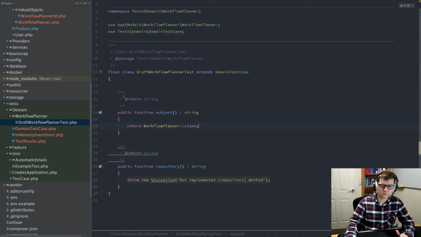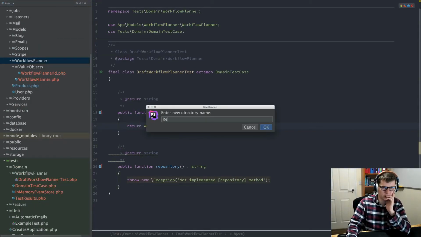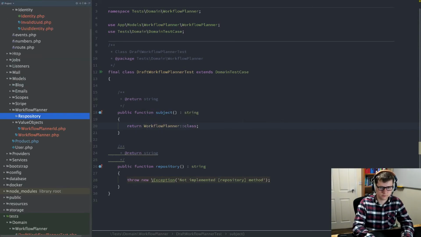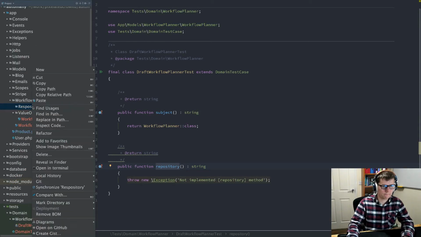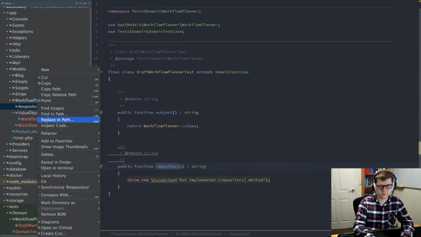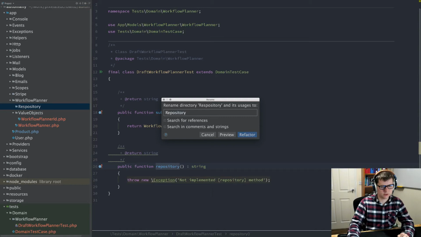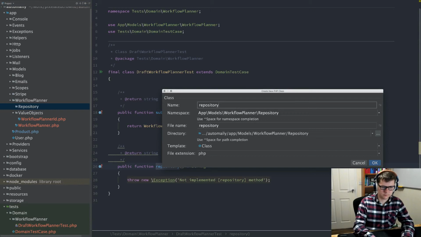Okay, so we need the repository as well. Okay, this requires making a little bit more code as well. Repository. Oh, I've only gone to that in the wrong place, haven't I? Oh no, it is in the right place. Okay, so we'll call this. I spelt it wrong, so let's fix that first. We'll make a new class, which is the workflow planner repository,